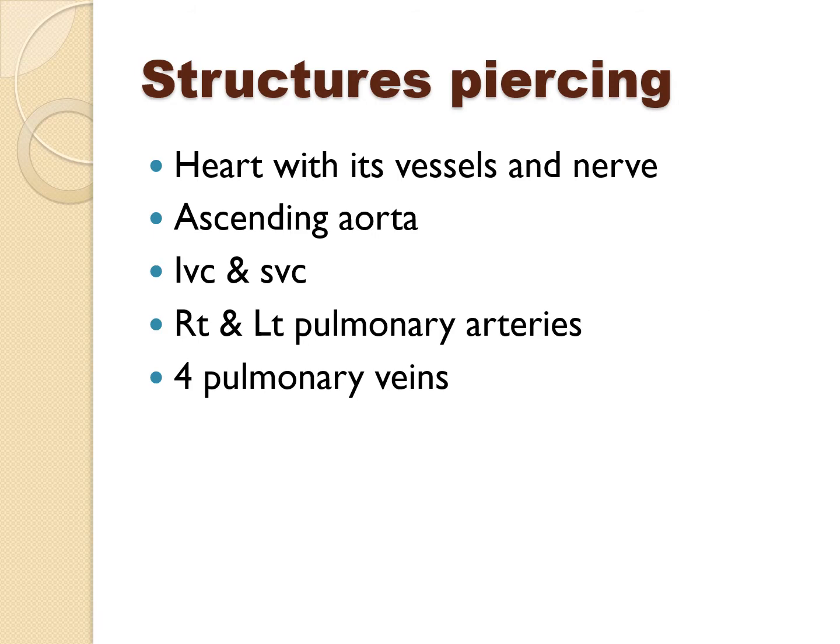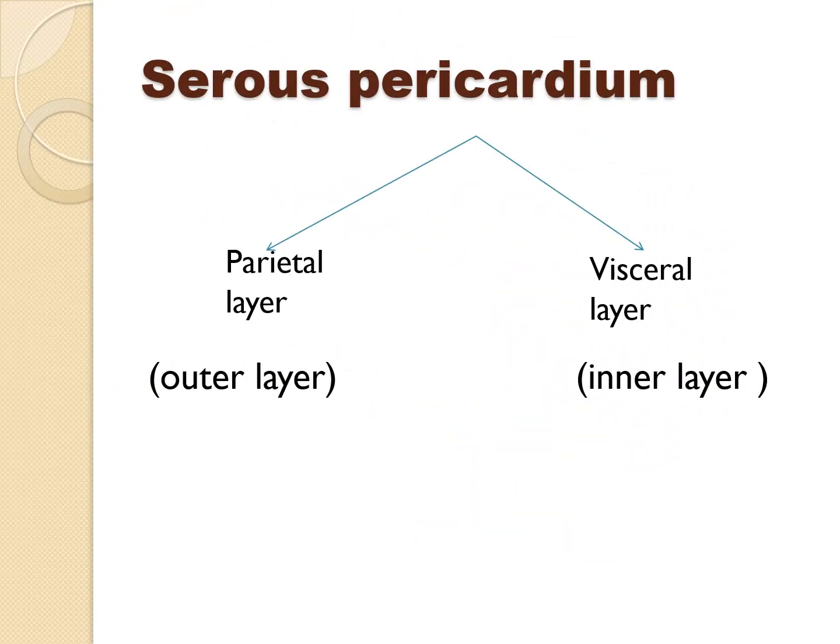Now the second part is the serous pericardium. You see this serous pericardium has two layers. One is the parietal layer, the second one is the visceral layer. The parietal layer is outer and the visceral layer is inner. So this name is given serous